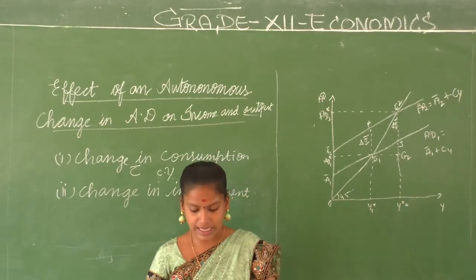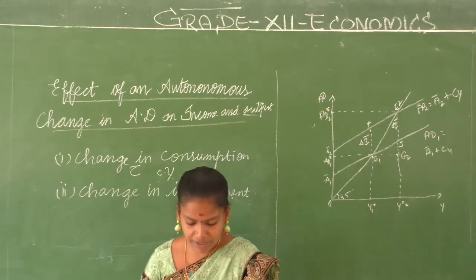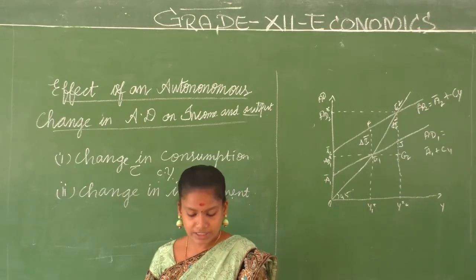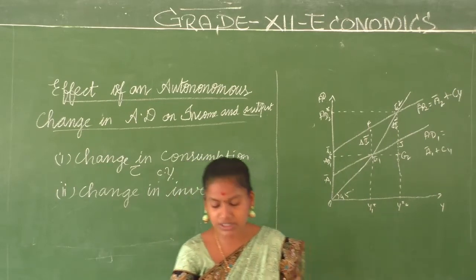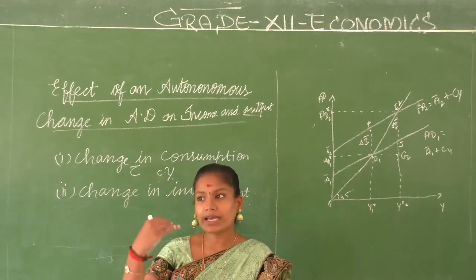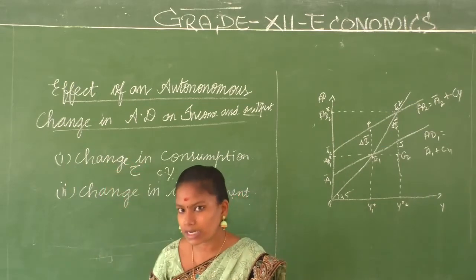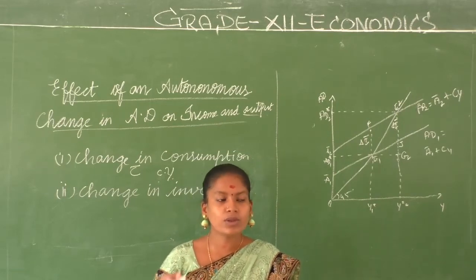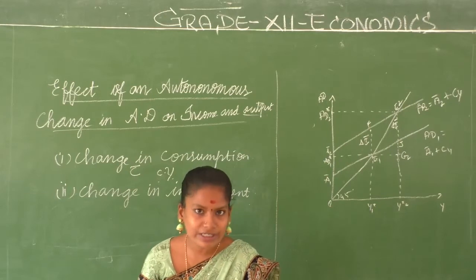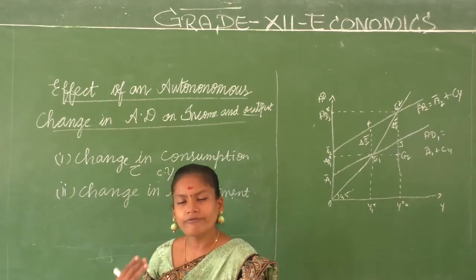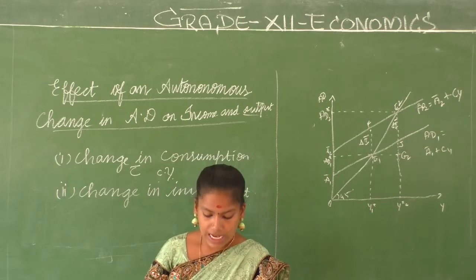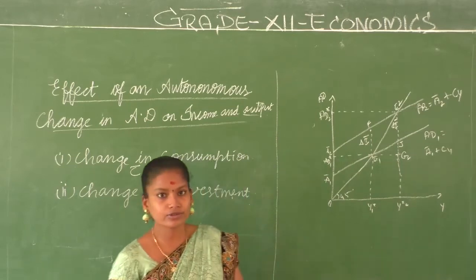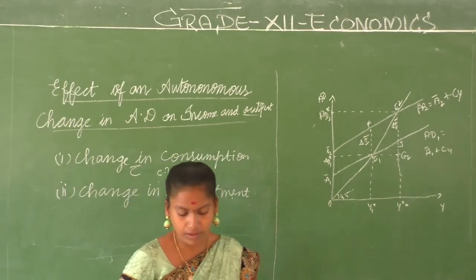Credit availability is there, and further, what we can find is the interest rate. The interest rate is the cost of investable funds, and at higher interest rates firms tend to invest less. It can be more investment or less investment; that itself is a change in investment. Easy credit facilities will make you invest more, whereas if the interest rate is high, the investors and firms tend to go for lesser investment. We are going to have a small example through which we will study further. What is given here for you?